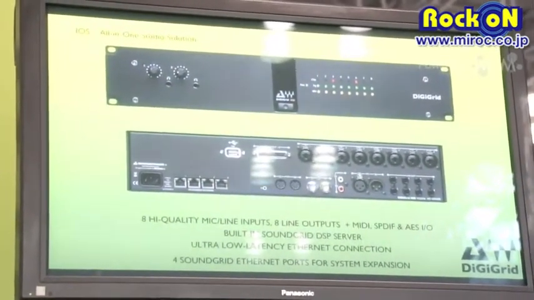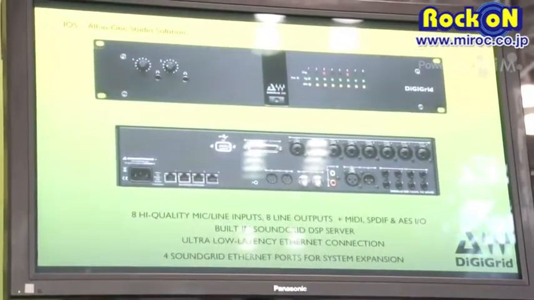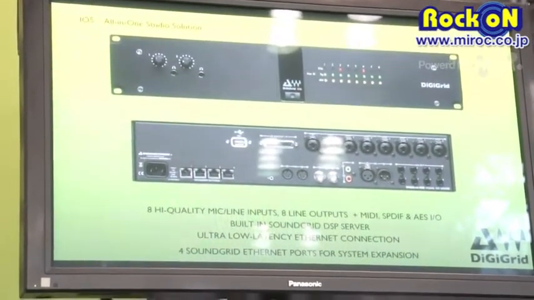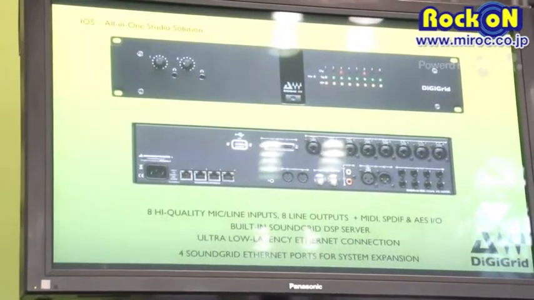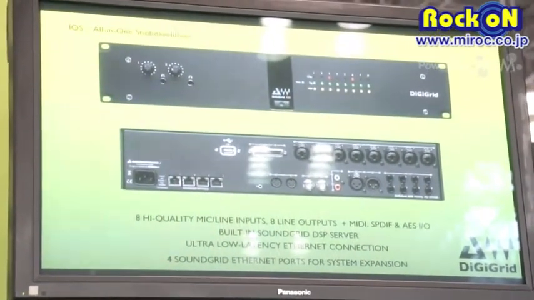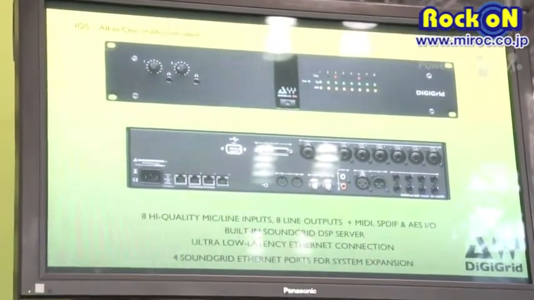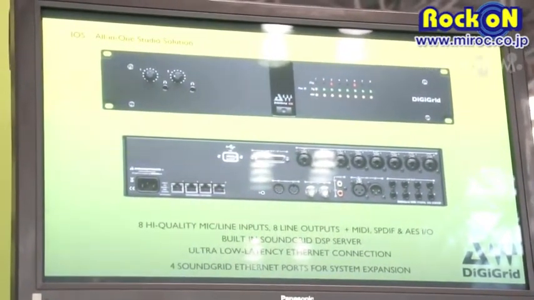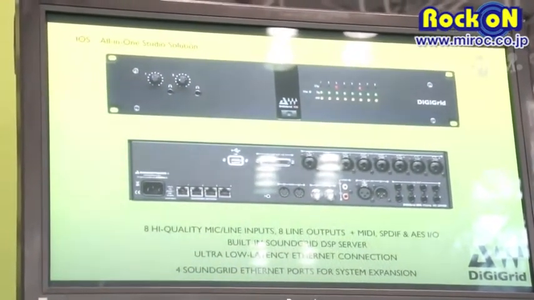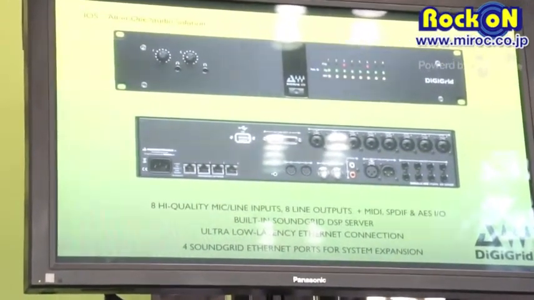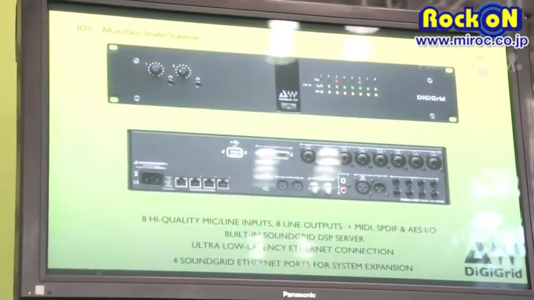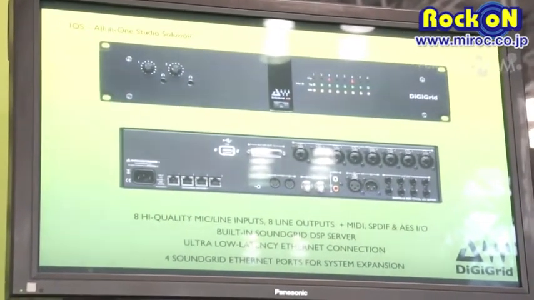It comes with independent headphone inputs on the front. The preamps are straight out of an SD7 console, so they're high-class preamps. It's an Ethernet connection straight to your laptop or your desktop computer, and you install the driver, and then you're pretty much good to go, and it'll give you plug-in processing of up to 250 to 300 plugins, and again, all under 0.8 milliseconds,